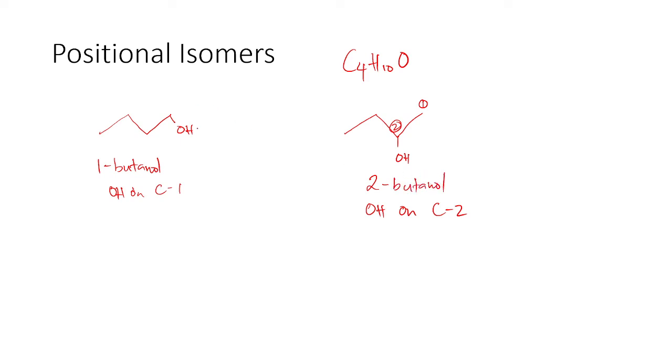They have the same functional group, but they differ in the position of the functional group. Same as our example last time. So if we have one methyl butane, right? So by one methyl butane, if we have this one methyl butane